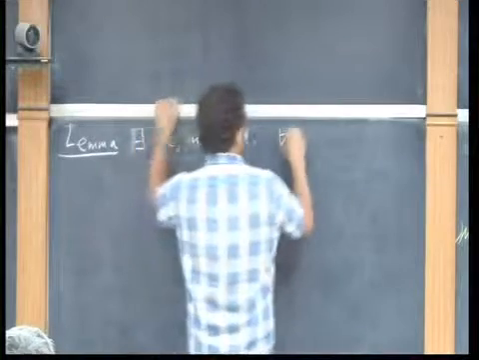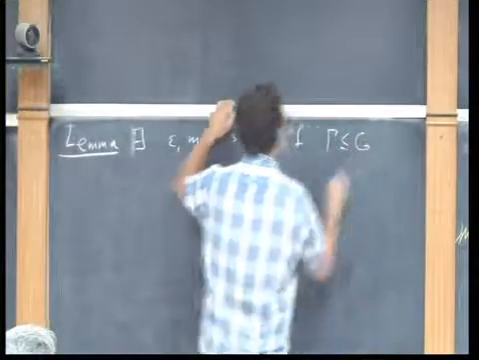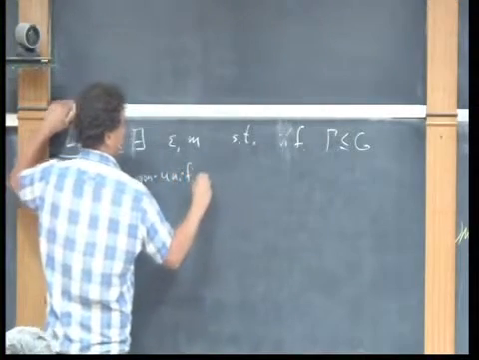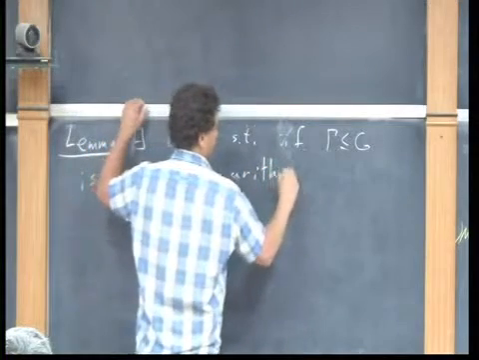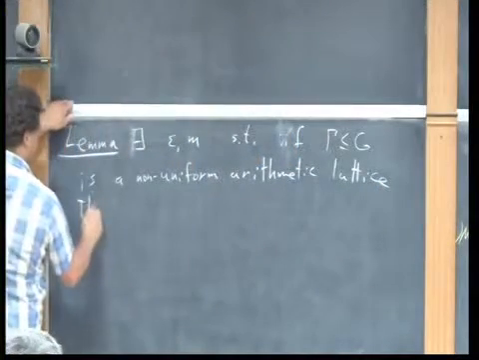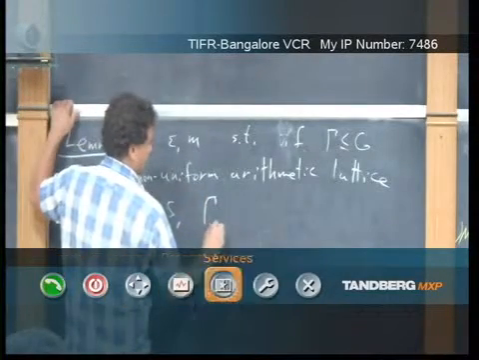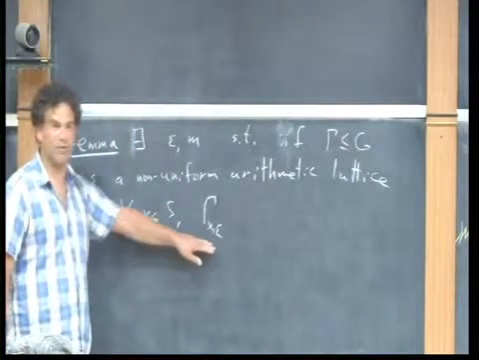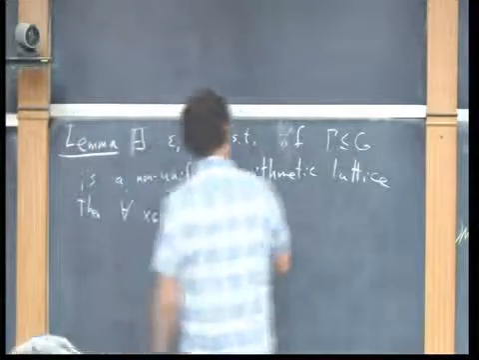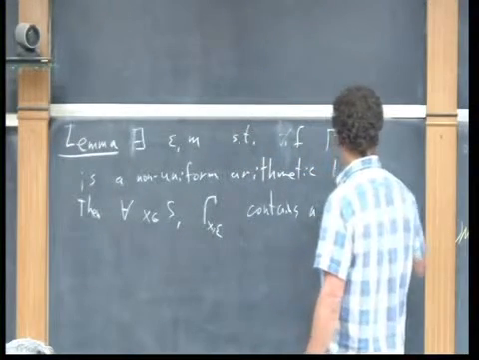such that for any gamma in G, a non-uniform arithmetic lattice, then for every x in S, the group gamma x epsilon, should I redefine what it is? You remember, it's the group generated by elements whose displacement at x is at most epsilon, contains a subgroup of index M,